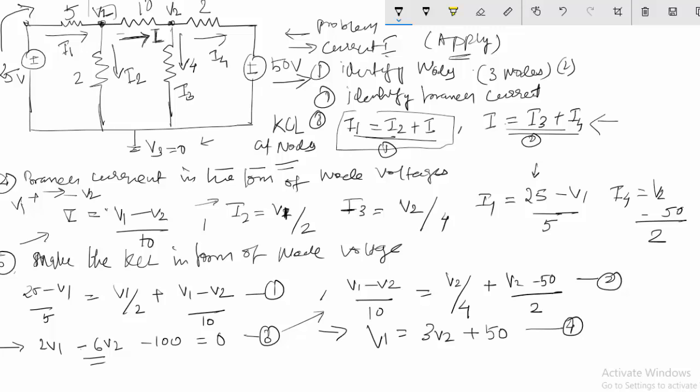From this what I will get is my V2 is equal to 2V1 minus 50, and if I'm substituting it here, I will get V1 is equal to 3 into 2V1 minus 50 plus 50, and simplifying this further,